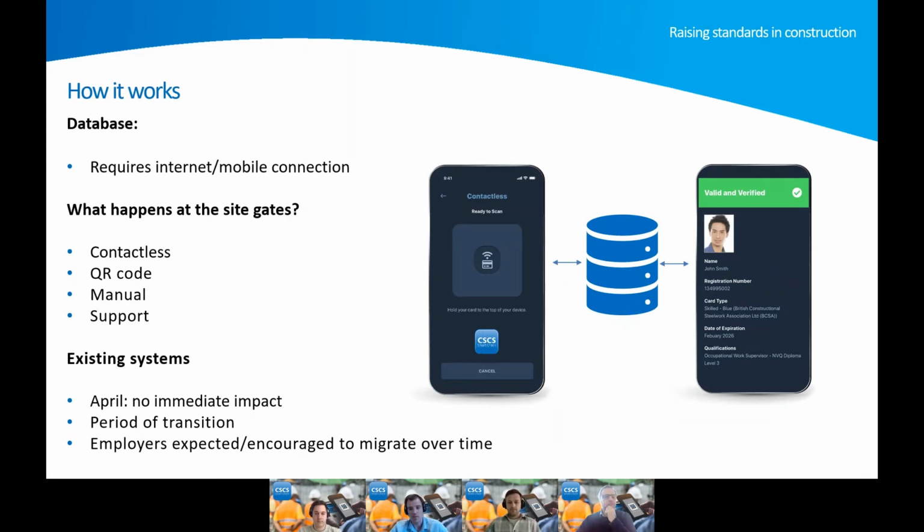So the app does require an internet connection, the reason being that it is all done in real time. The app will verify the card that's provided, whether it's a physical card, a smart card, a QR code, a virtual card, or whether you're manually inputting data, and it fires off into those 38 databases. The benefit of doing all of that in real time, of course, is that you get the most up-to-date record